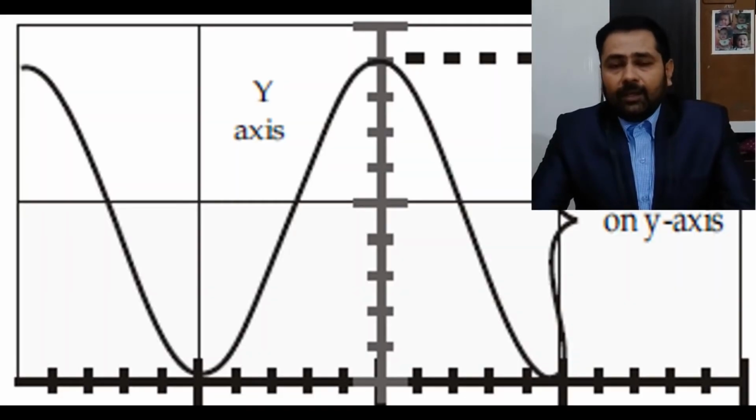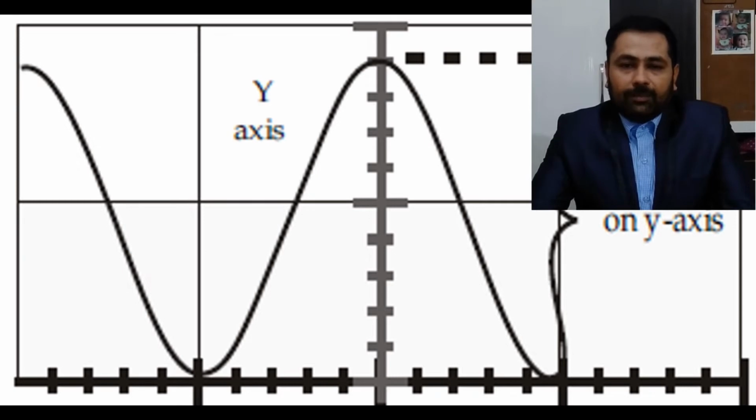In the same manner, AC voltage can be measured. From the figure you can see that if a sinusoidal wave is to be observed on the CRO screen, we have to align that wave to the x-axis. The negative peak of the sinusoidal wave is aligned with the x-axis, and the positive peak is taken on the y-axis. So the highest peak of the sinusoidal wave should match on the y-axis.